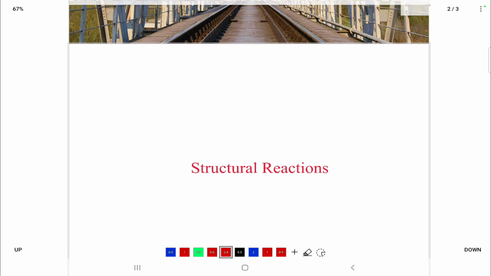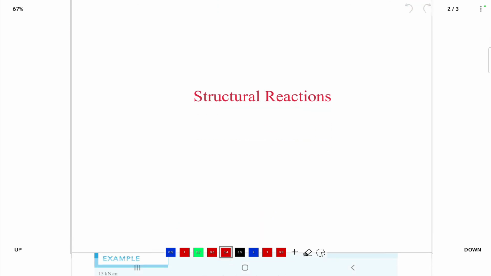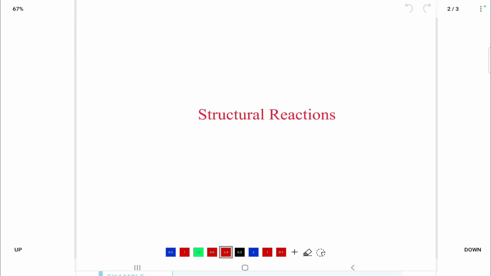Structural reactions. So today we will go through structural reactions and carry on from last session. Last session we explained something about reactions like this. If we have a beam like this, 3 meters, and a force of 10 kilonewton on this beam, I computed the reaction, and we said last session that if